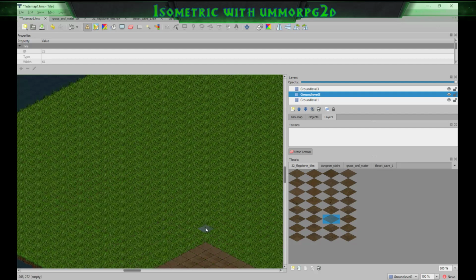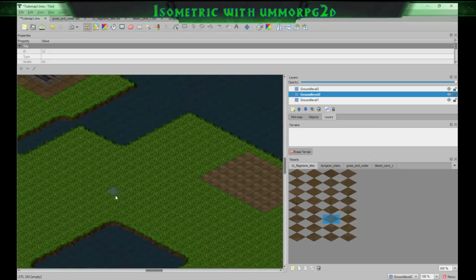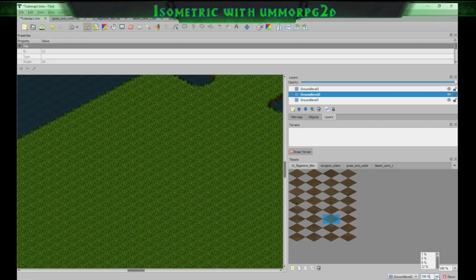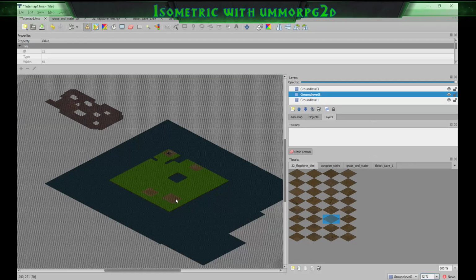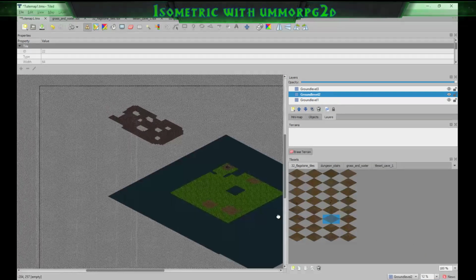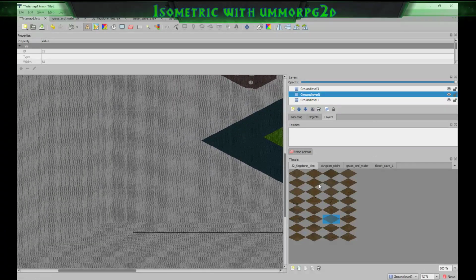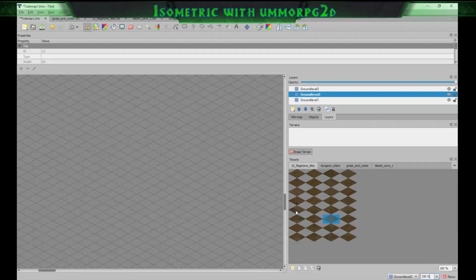That's all we really need to do for that, because everything else is going to be done in the engine. So that's pretty much it for our map building. And if we zoom out to fit that, we can now see that we've got that huge area there. Oh, we might need a spot to do our characters in, so let's use the flagstone tiles for that. So let's zoom back into 100%,